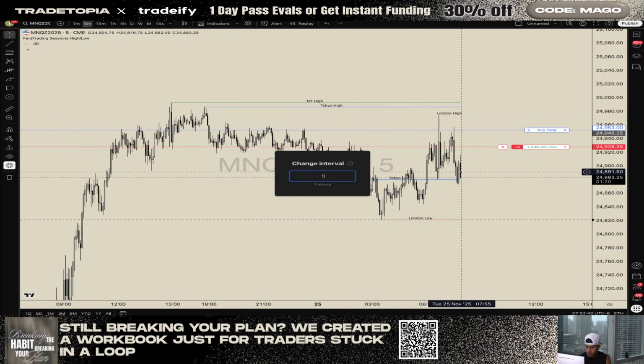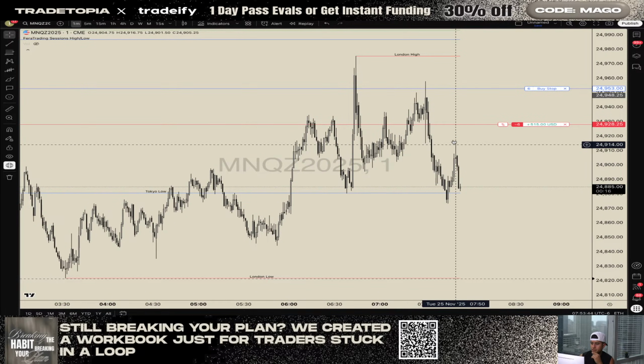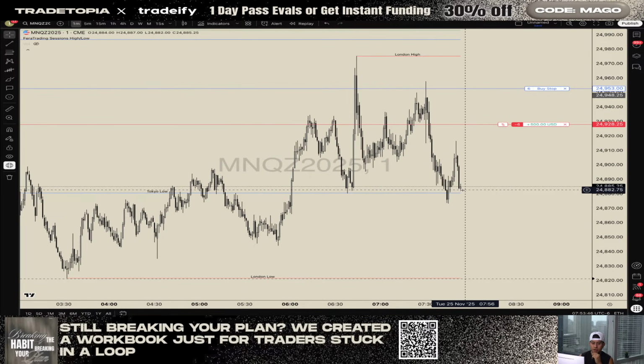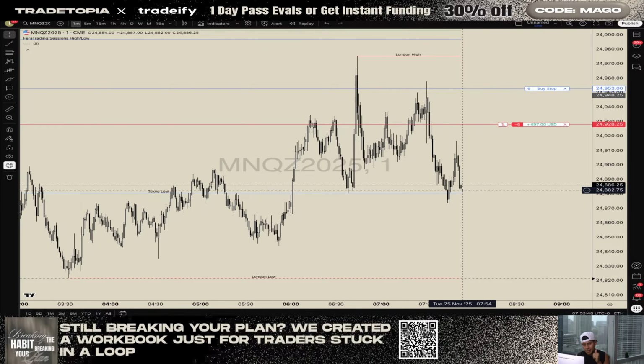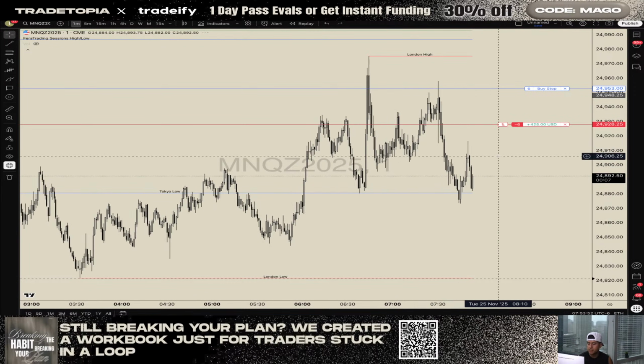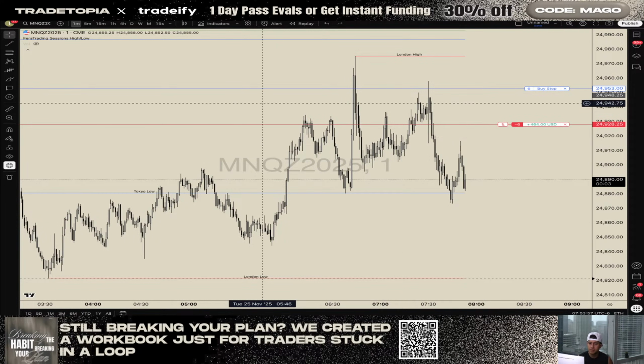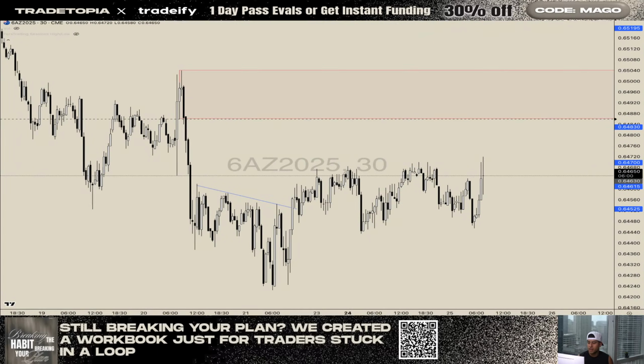Look at how this right here pumped up to fill this imbalance, immediately came crashing back down. We like this. Clean. This is looking like less demand up here. Less and less demand. Hey, come back down. Okay. That leaves us with